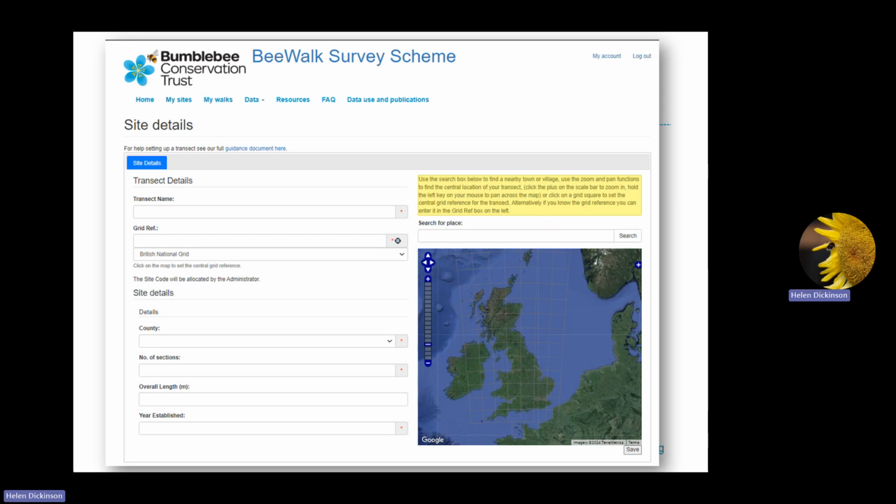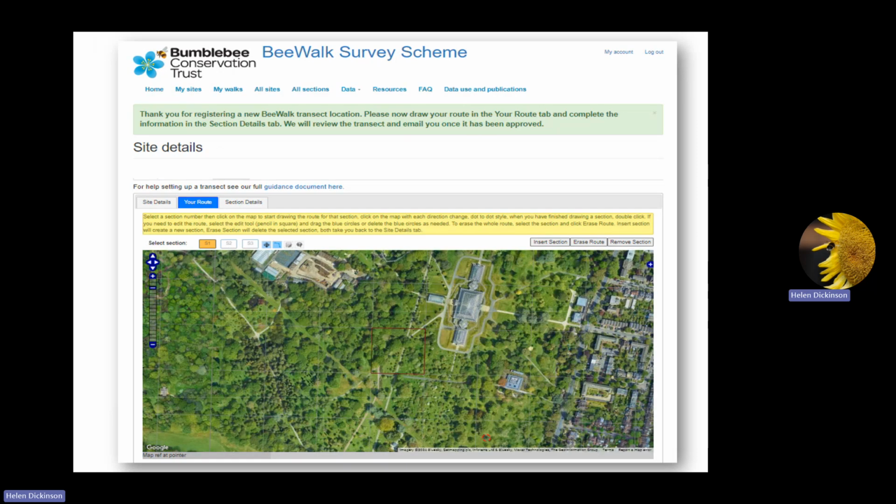And add in the county, the number of sections you split your transect into. Don't worry about the overall length, that'll be auto calculated once you've drawn your route. And then enter the year that you're setting up the transect. This will register that as a new transect location with us, and you can then go on to draw your